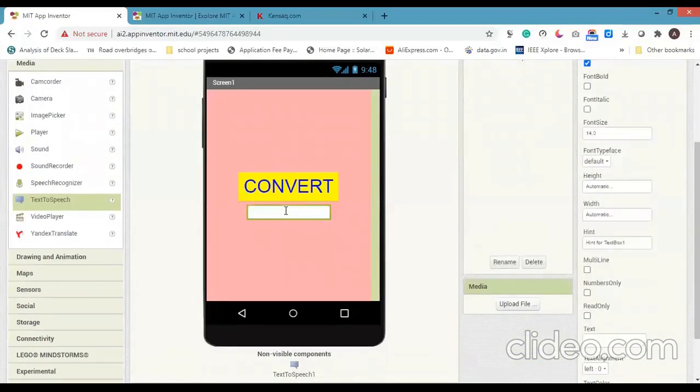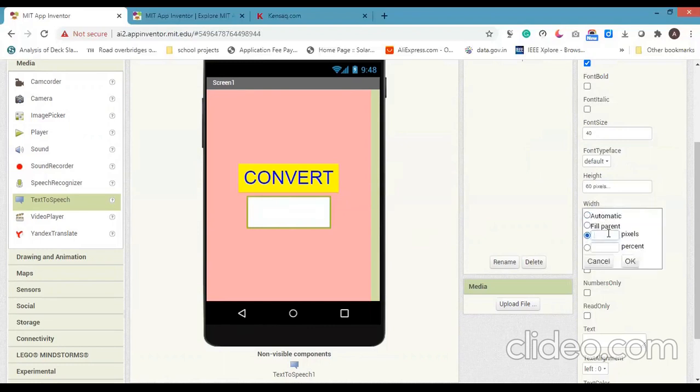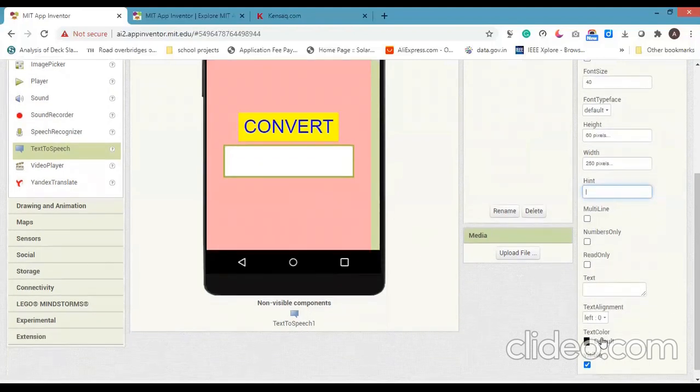Now I am going to change the text box font size. I am going to change the size of the text box. Text color I am going to change.